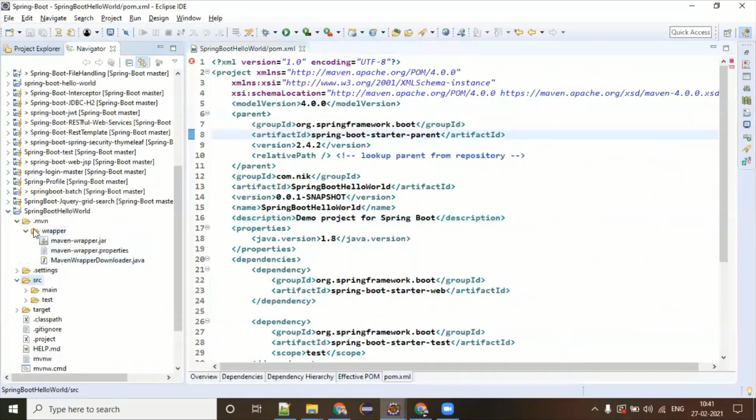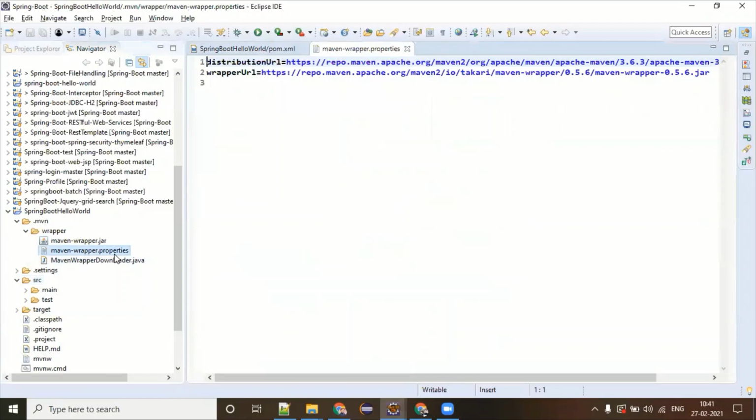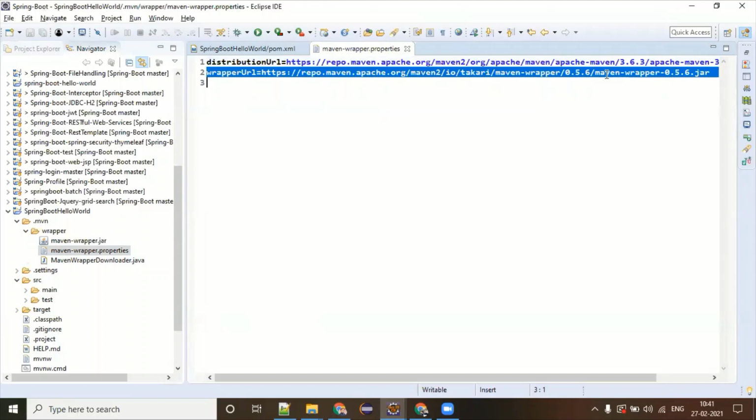If you look at this, it is holding some wrapper. What the wrapper is exactly talking about is, if you open the properties file, it is having some kind of mechanism. If your Eclipse is having a lower version of Maven, it is writing a wrapper on top of that, if certain libraries are not matching with this Maven version. So this is going to wrap around the new latest version of Maven. I think that is the purpose it is using, and Spring Boot is asking the Maven people that we want this configuration to be enabled. Okay. Make sense? Yeah.